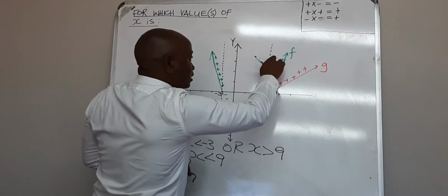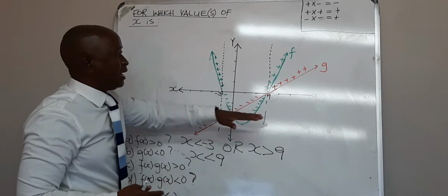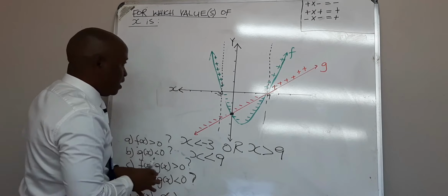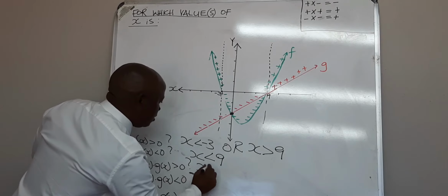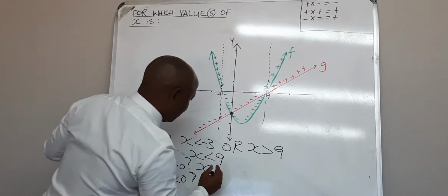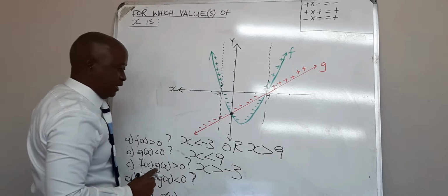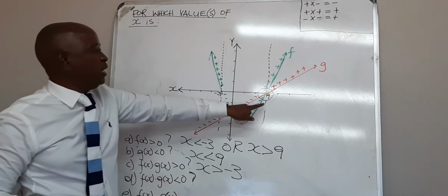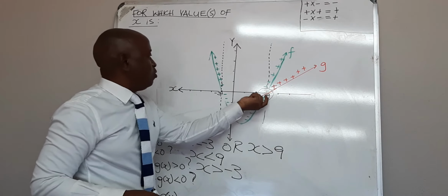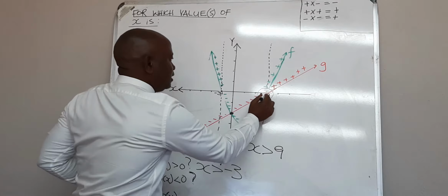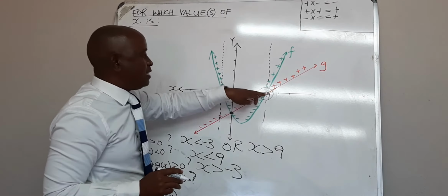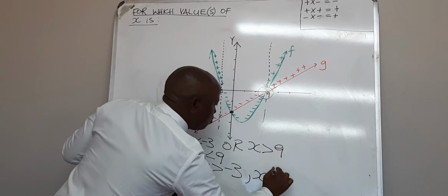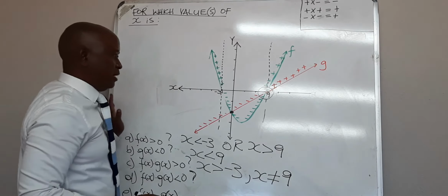From 9, they now behave positively. They are now above the x-axis. So when you multiply the two, they will give you a positive answer. So the answer is from -3 going to the right, x greater than -3. But there is something happening here at 9. We are going to exclude this position because when x is 9, the two graphs both give you 0. So y is 0, which is not positive or negative. So we exclude where x is equal to 9.